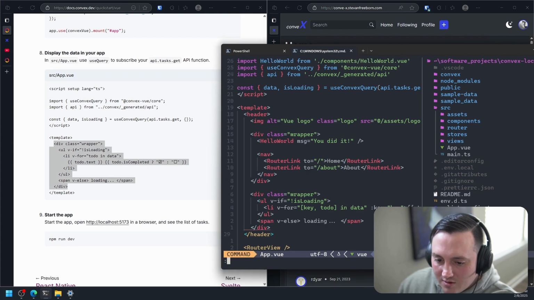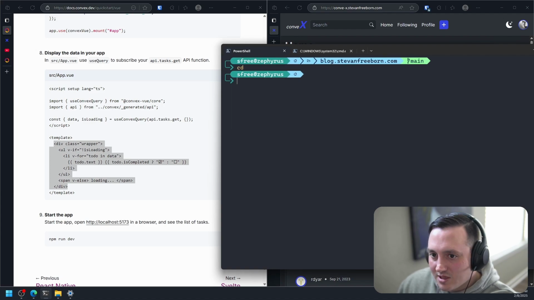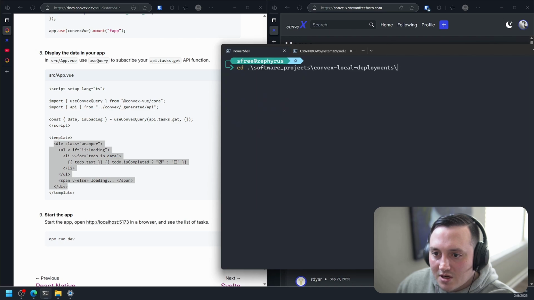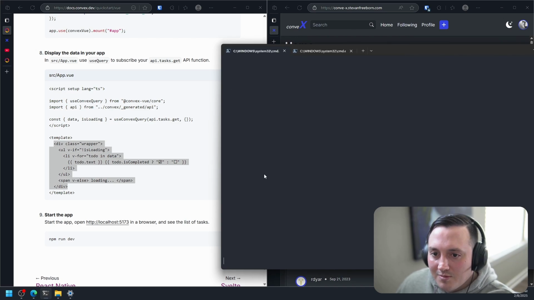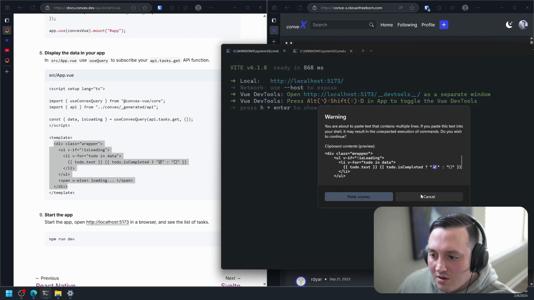Alright, so we'll write everything out, and now we'll go over to our other window, make this a little bigger, and then we'll go into Convex, and we'll run npm run dev. No, I don't want to paste.